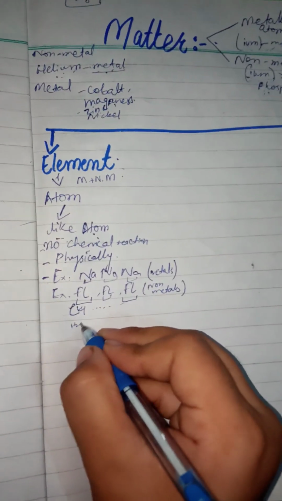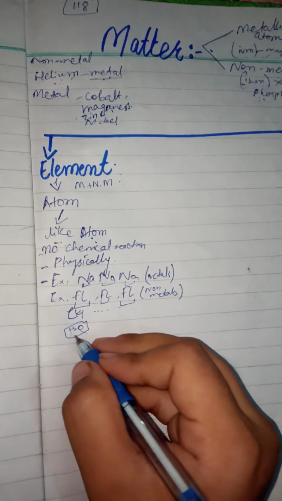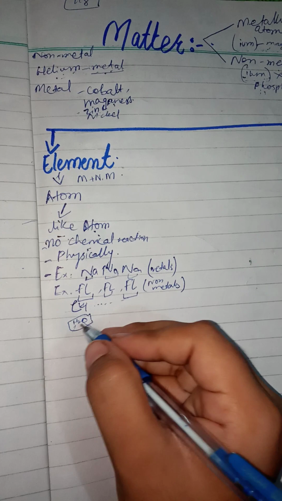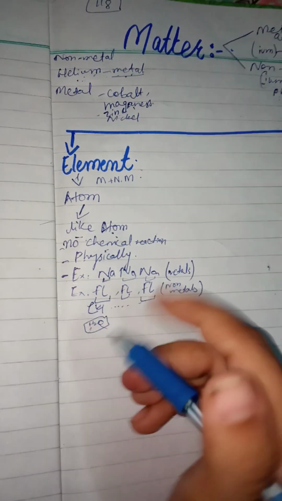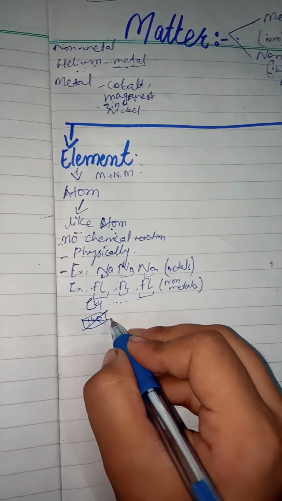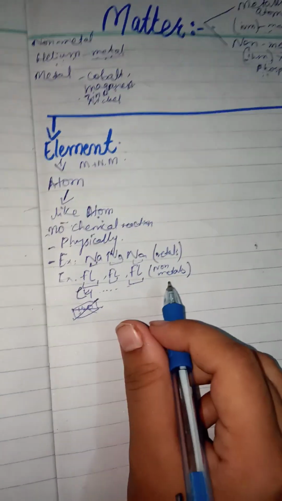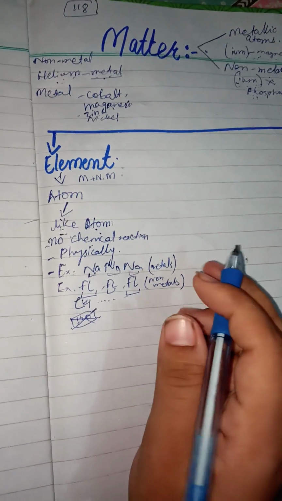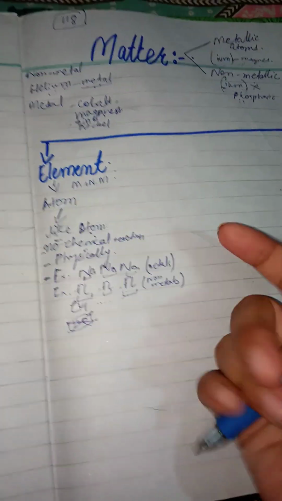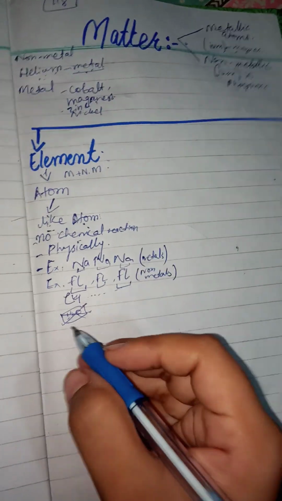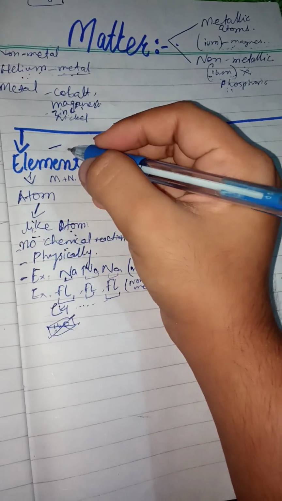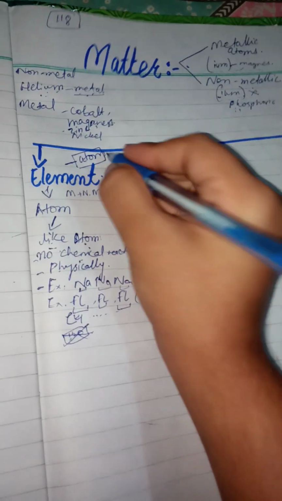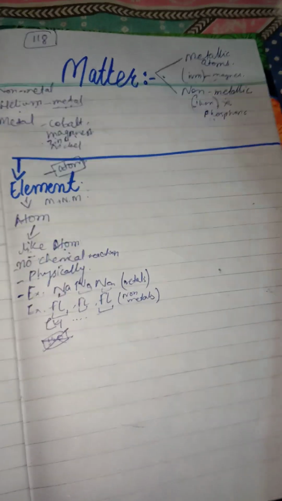If we talk about H2O, H2O is formed from two elements: H, hydrogen, a separate atom, separate element, and oxygen also separate. So this means we can never consider water an element just because it is formed from two other elements. Here we were just talking about the same atoms, like C4, fluorine 4, chlorine 4, a lot of them. And what is the smallest particle of the element? The smallest particle is the atom. So this was about the element.